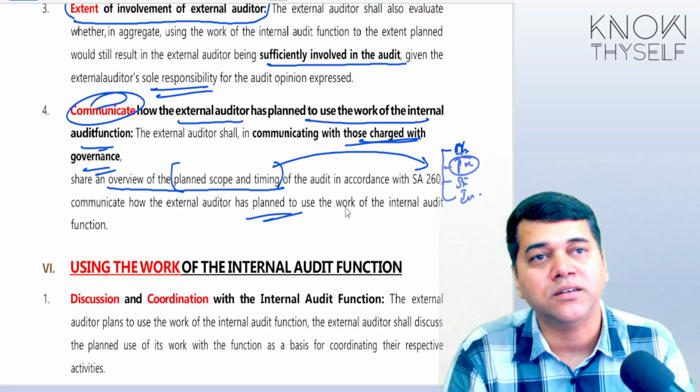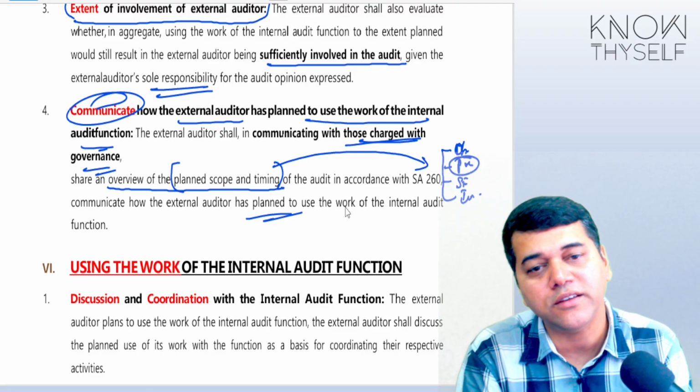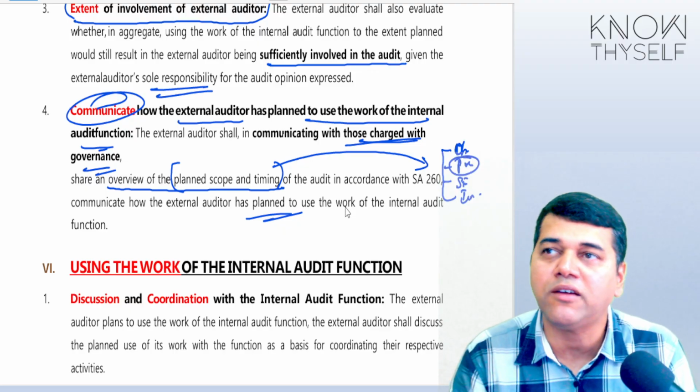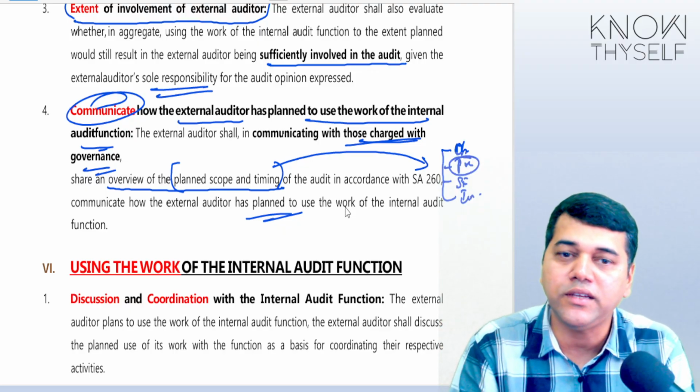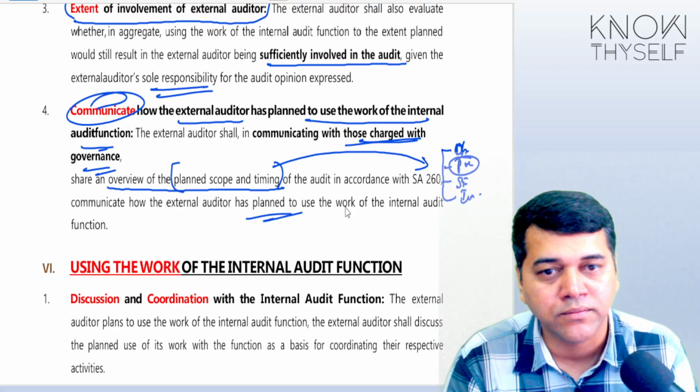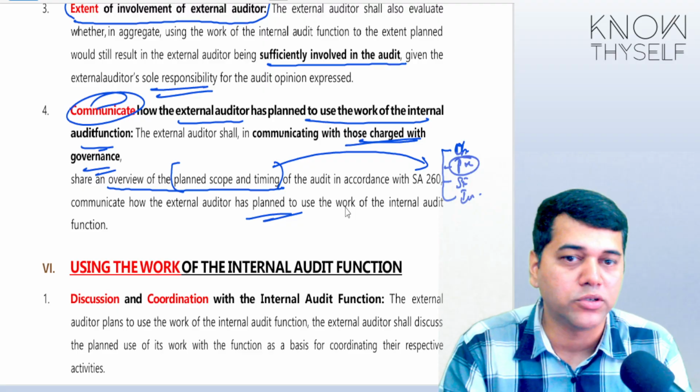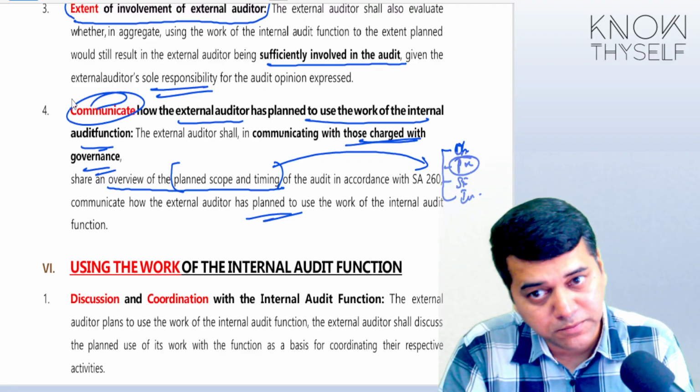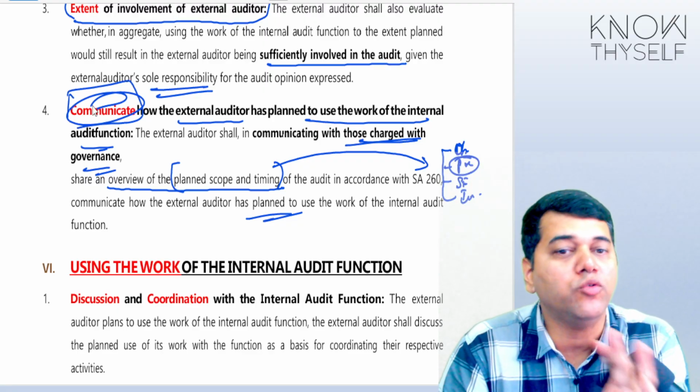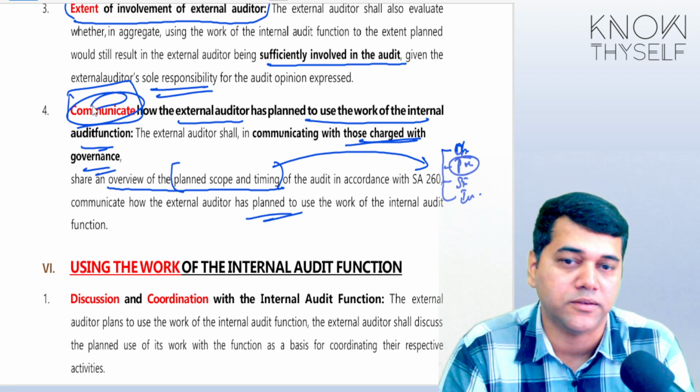Like a school teacher, if everything is given as homework only, then we start to think, what is happening in the classroom? Everything is given in the homework, we only have to verify. We get one bad image about someone. That's why it's better you communicate to what extent and how you are going to use the internal audit function at the beginning.